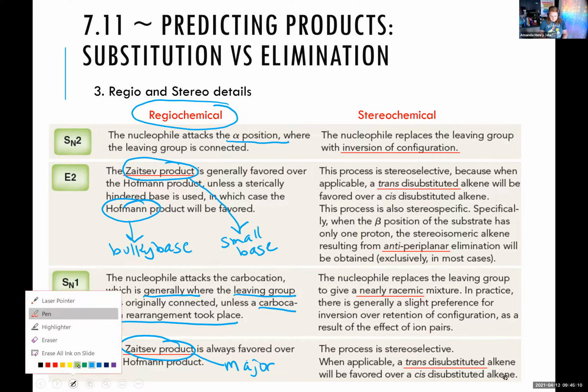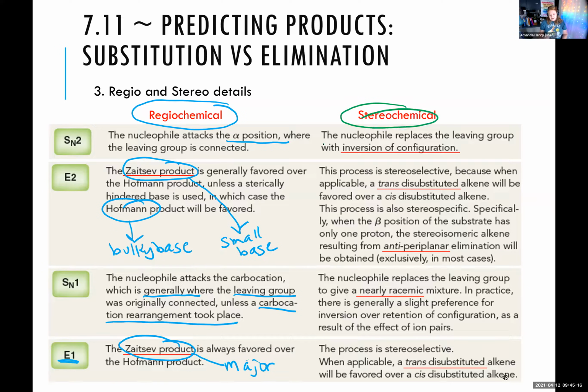The other half of this table, and this table is from your book, by the way, is the stereochemistry side. SN2, we get the inversion. SN1, racemic, nearly racemic, kind of racemic. E2 and E1,